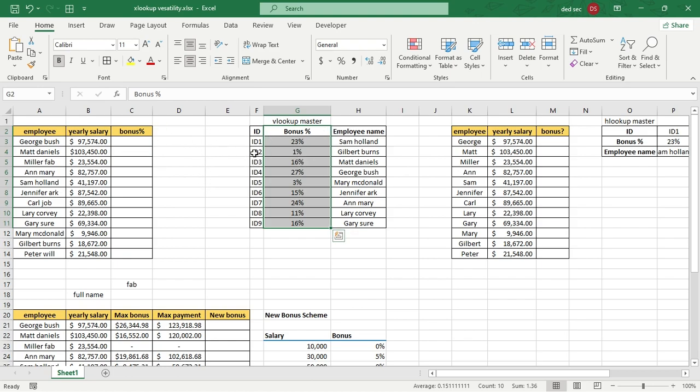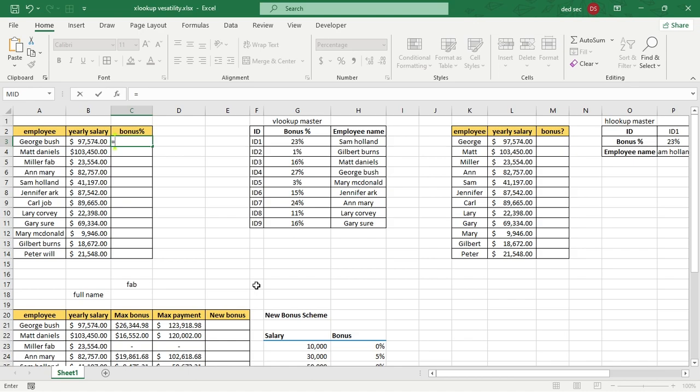Okay, so over here first we'll type equal to XLOOKUP, open parentheses, and then first we'll select the lookup value, which is basically for employee George Bush. So let's select this. After that, we'll select the lookup array. So this is basically where we want to find our name from. Okay, after that we'll select the return array. So this is basically the array from which we will find our